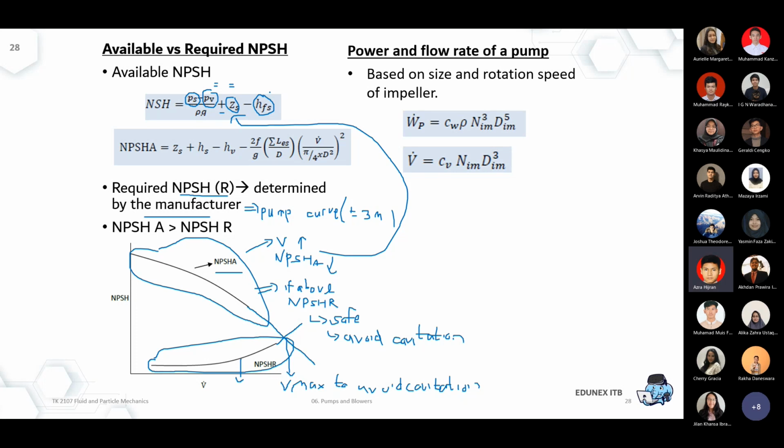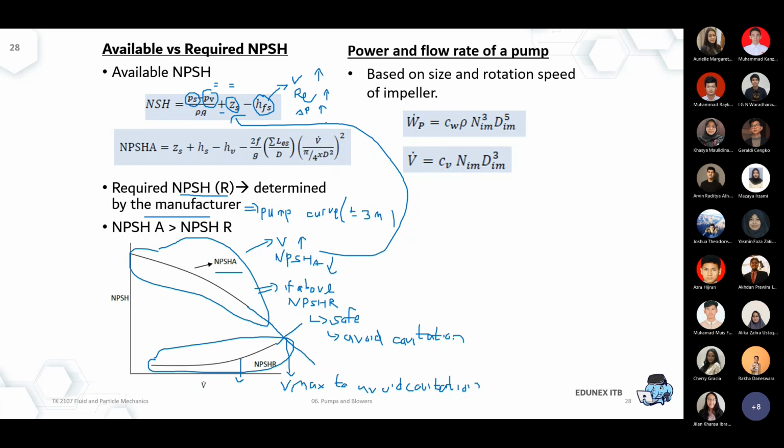Will it be the friction, sir? Okay, yep. So that's actually the correct one. When the velocity increases, well, one by one, your Reynolds number will increase, and then of course your delta P will increase. Okay, it becomes more turbulent and so on. So your delta P will increase.